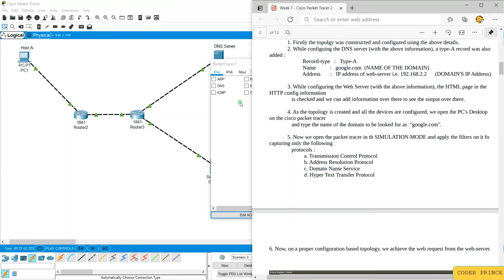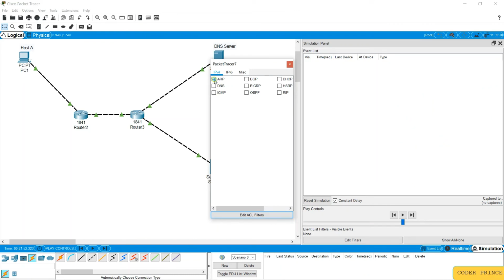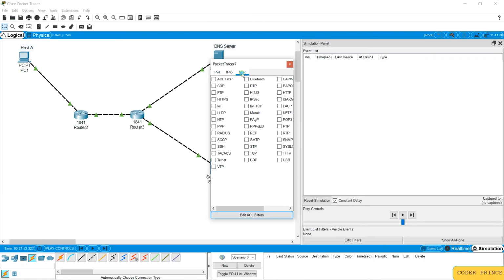In the edit filter, you have to specify these filters: TCP, Transmission Control Protocol, Address Resolution Protocol, which is ARP, DNS, and HTTP. So click on ARP, DNS, and in the MISC you will find HTTP.